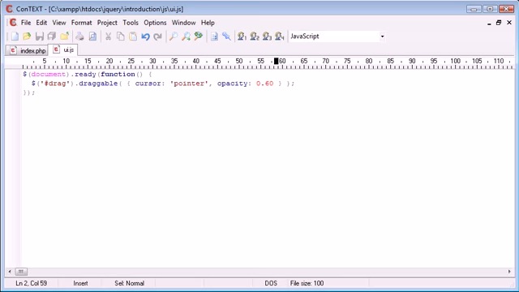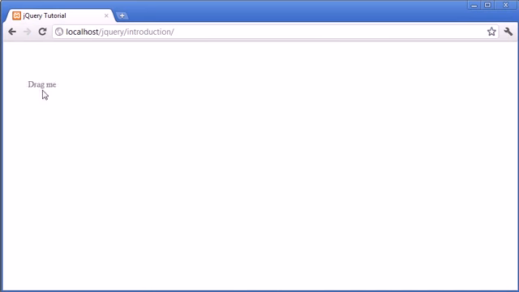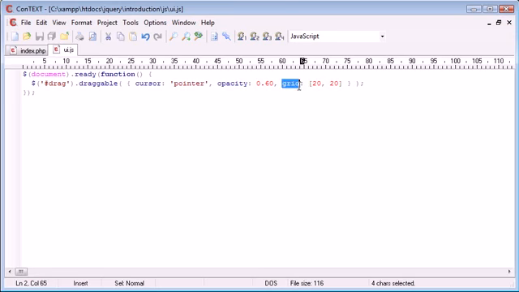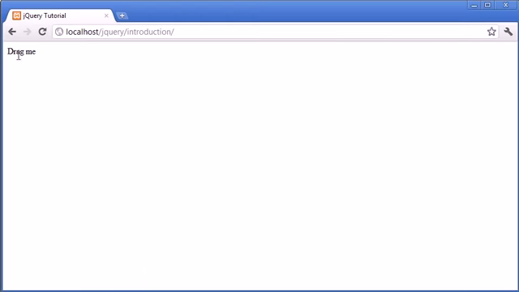Okay, so the next option we're going to look at, and again we're going to comma separate this, is, let's say, the grid option. Now the grid option takes two values, and these are the points of the grid, if you like. So I'm going to choose 20 and 20. Now what this is going to do is it's going to allow this element to be snapped to a particular grid. At the moment we can freely move it around anywhere on our page and we have no grid to snap to. However, what this grid option is going to do is create an invisible 20 by 20 grid, which is going to allow us, when we refresh the page, to actually snap this to